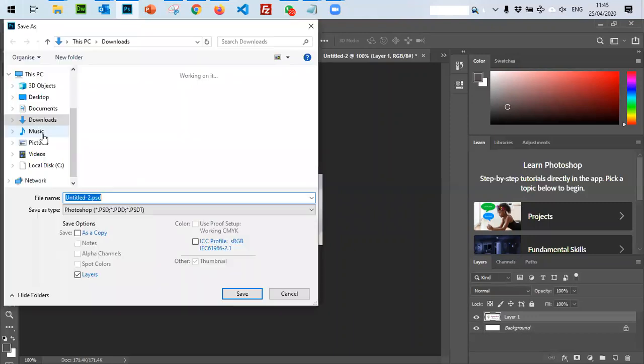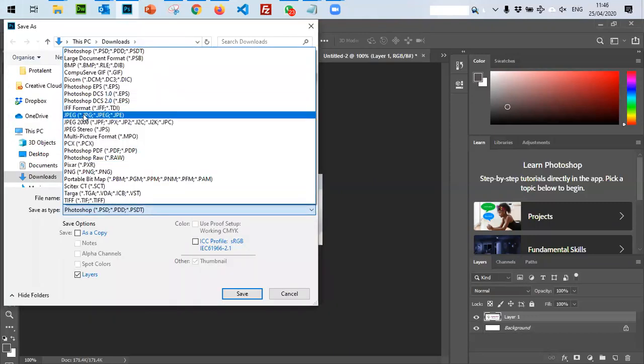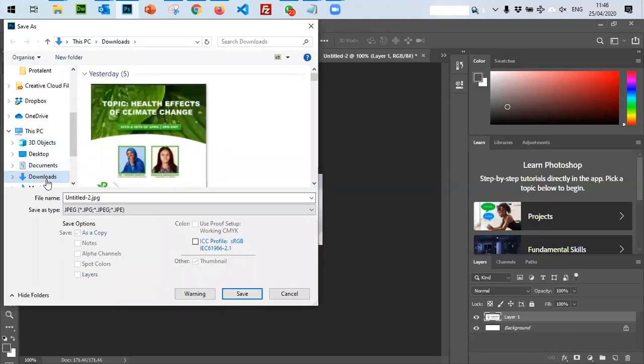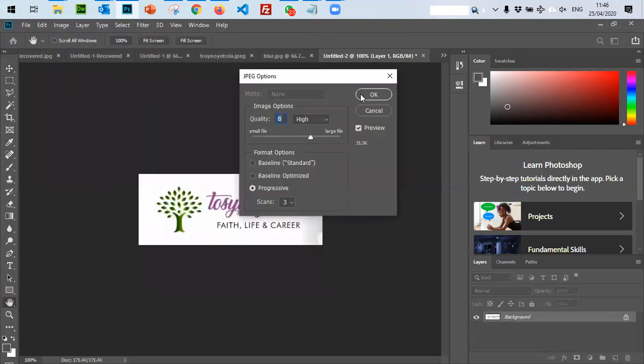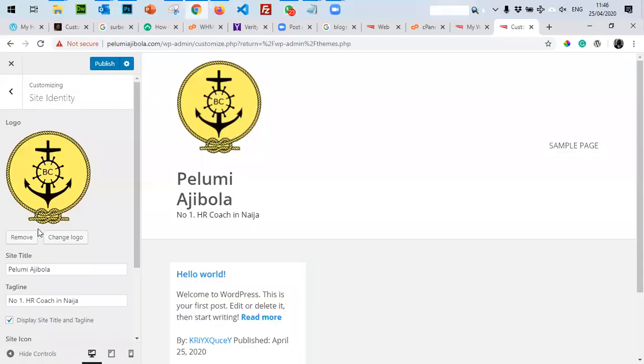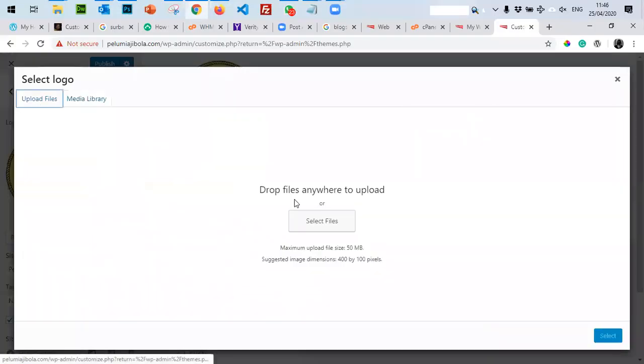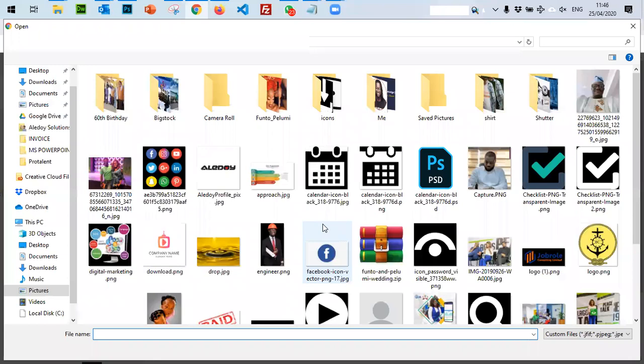So let me just save this and assume this is the logo we want to use for logo 2. So let me replace the logo with the one we just saved.